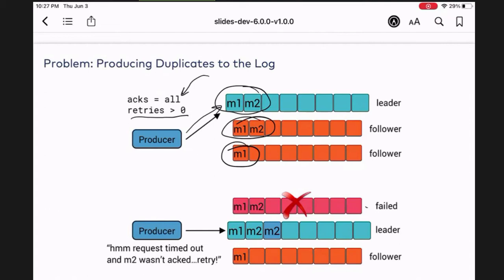Then the new leader already has the M2, but because of retries, the producer never got back the acknowledgement. So the producer retries, and notice that the M2 is written in the log again, right? So it's possible, but this is not something that will happen.